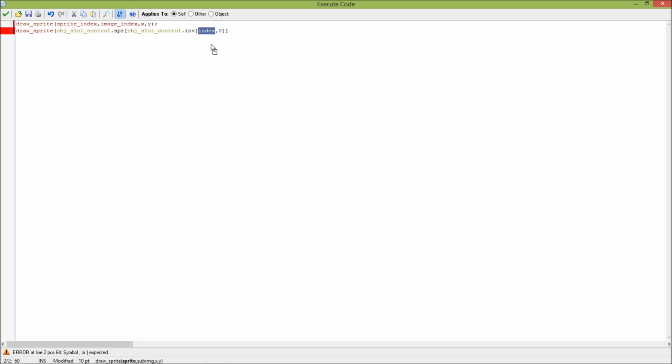So index means which slot it is in, and so that means that we will set index to every slot, and then say